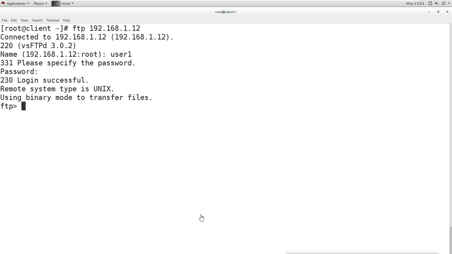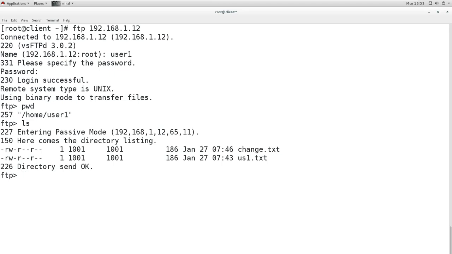And it is logging in successfully. So here we can see it is logged in successfully. Now when a normal user logs in, not an anonymous user, if you check pwd, which directory of the server the user is logged into, you will see it is logged into its own home directory. So normal users don't go to the FTP default directory. It goes to its own home directory, and in that directory it has these files: